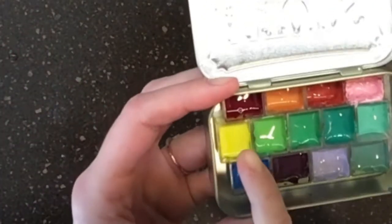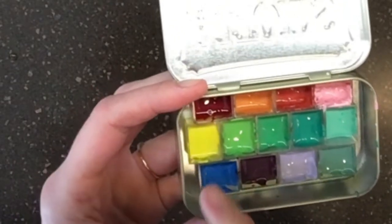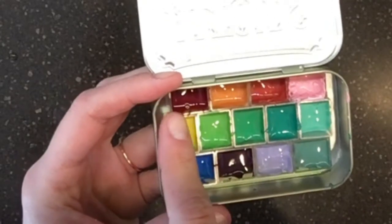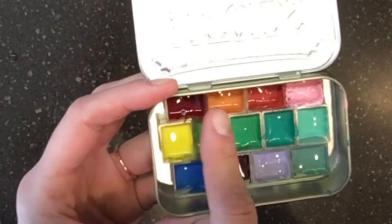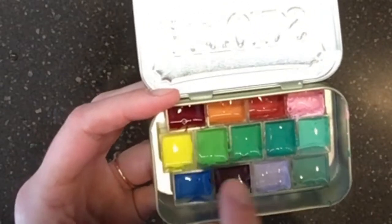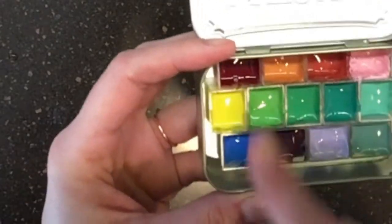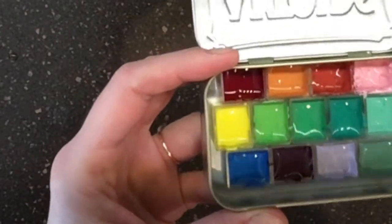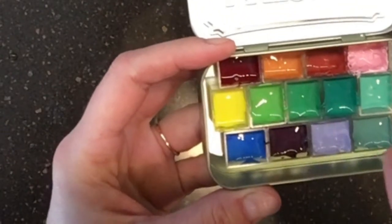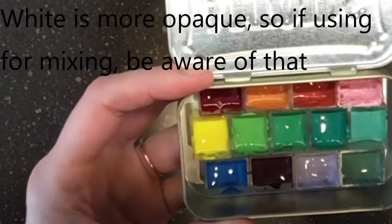But anyway, I've got my true color here, my alizarin crimson, my lemon yellow and my cerulean blue, and then I mixed them in kind of rainbow order. So I've got a bright orange, kind of a red orange, my pink, yellow. This one was a lot more liquidy than I thought it would be relative to the other two. So I don't know how that's gonna dry or turn out. Anyway, I've got kind of a yellow green, a true green, a blue green, and then I added white